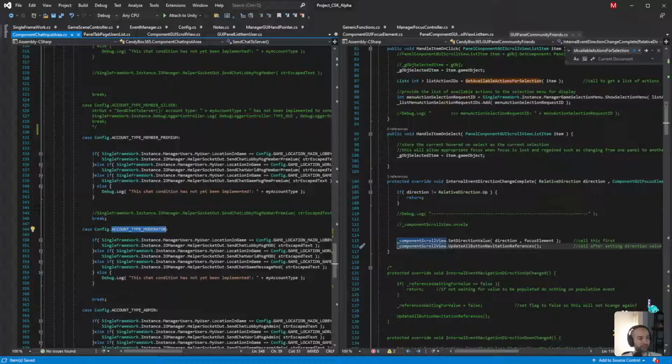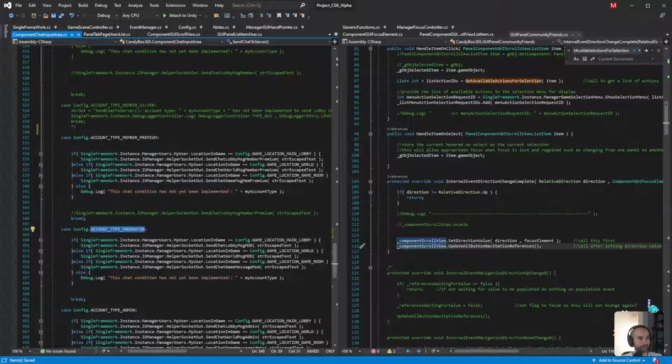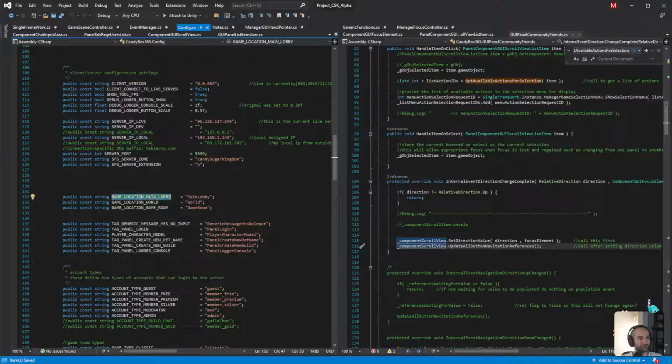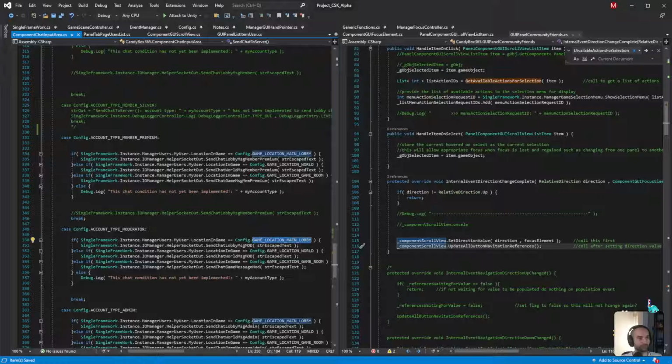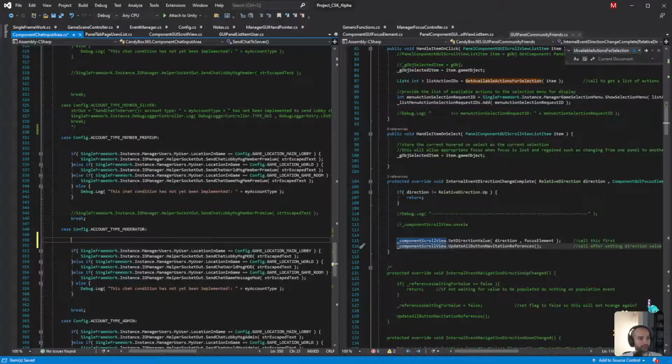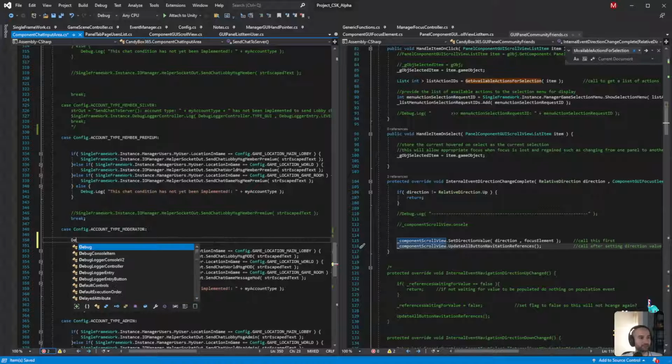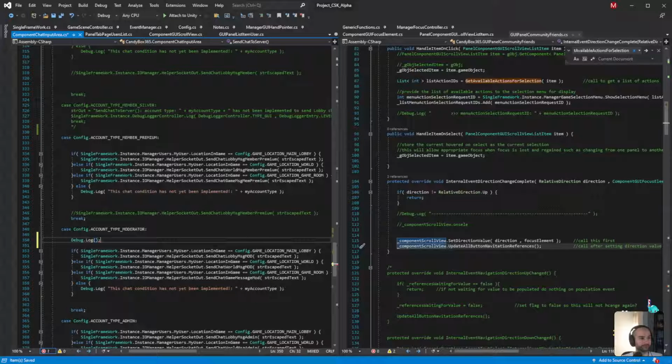What it's doing is checking game location, main lobby. Is that what's failing? Main lobby, world, and game room. Let's have a look at it and see what we've got. So we'll say debug.log, and our location.